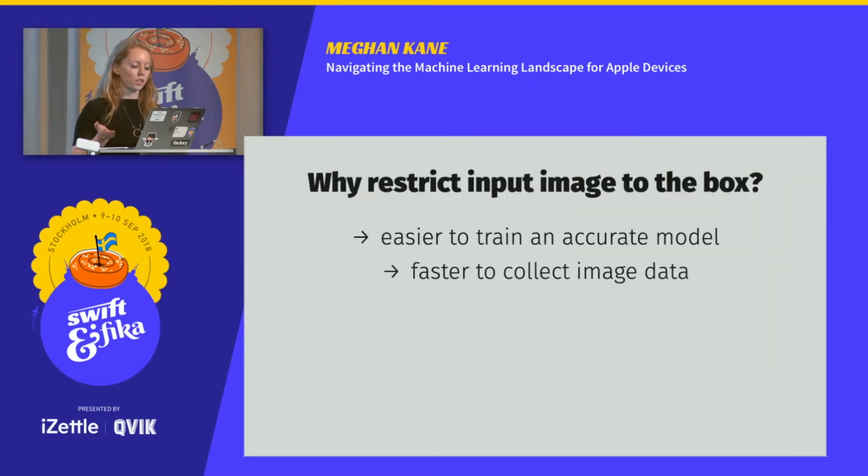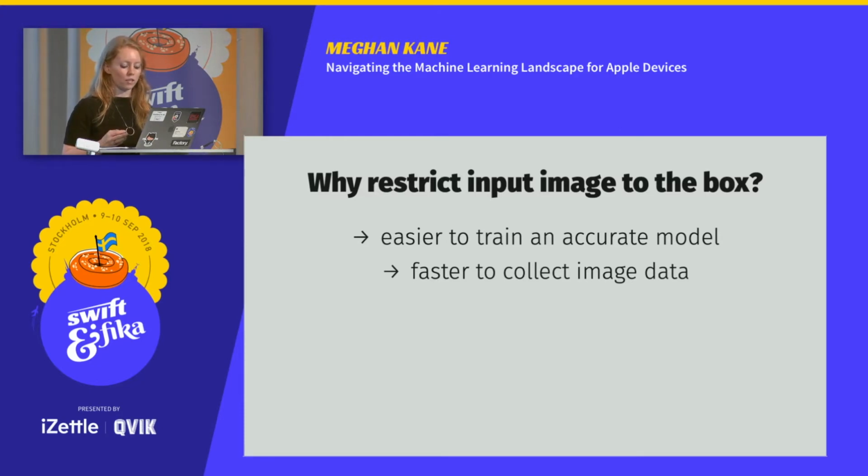Why did we want to restrict the input image to the box? So it's going to be much easier if you are restricting the constraints of what the user is going to be sending in. So this may seem obvious, but it's something that you should try to utilize as much as you can